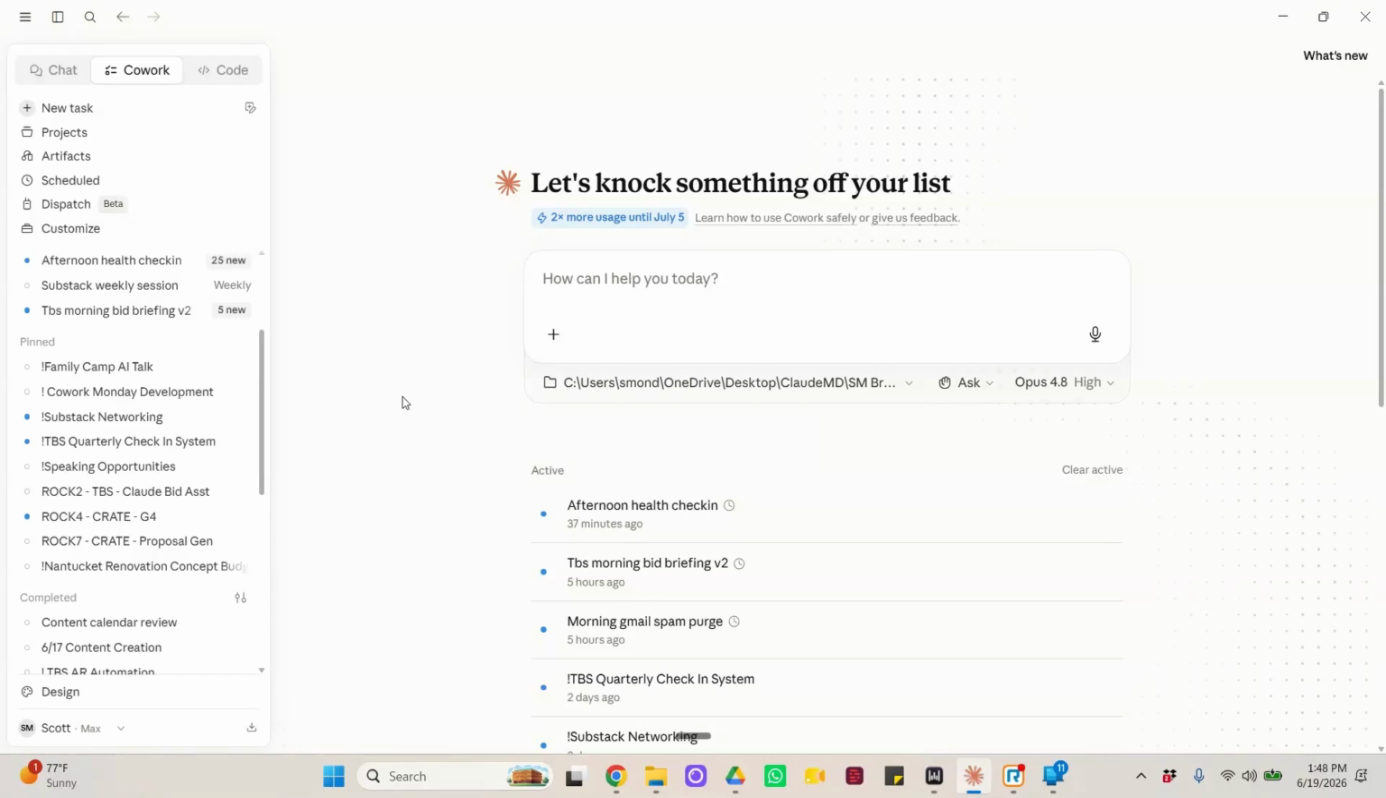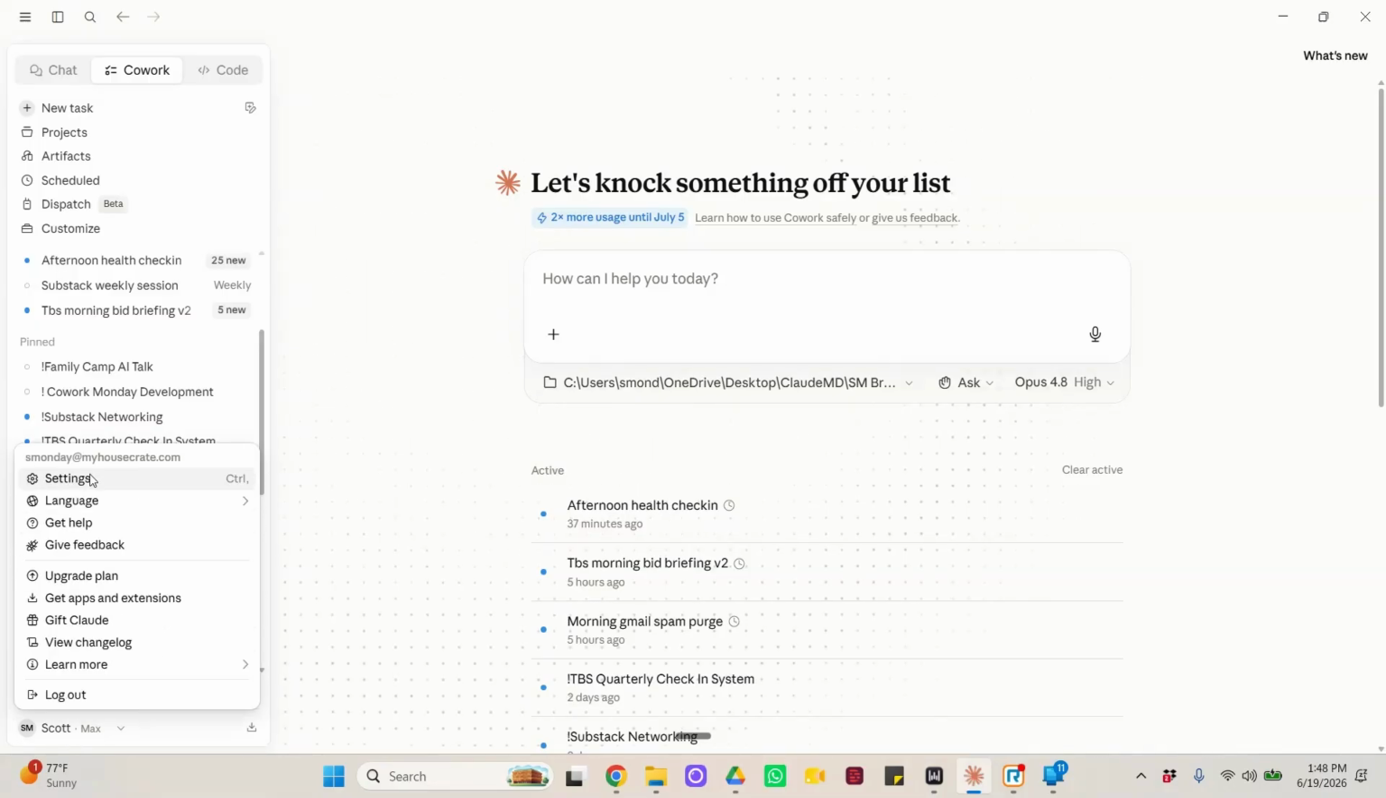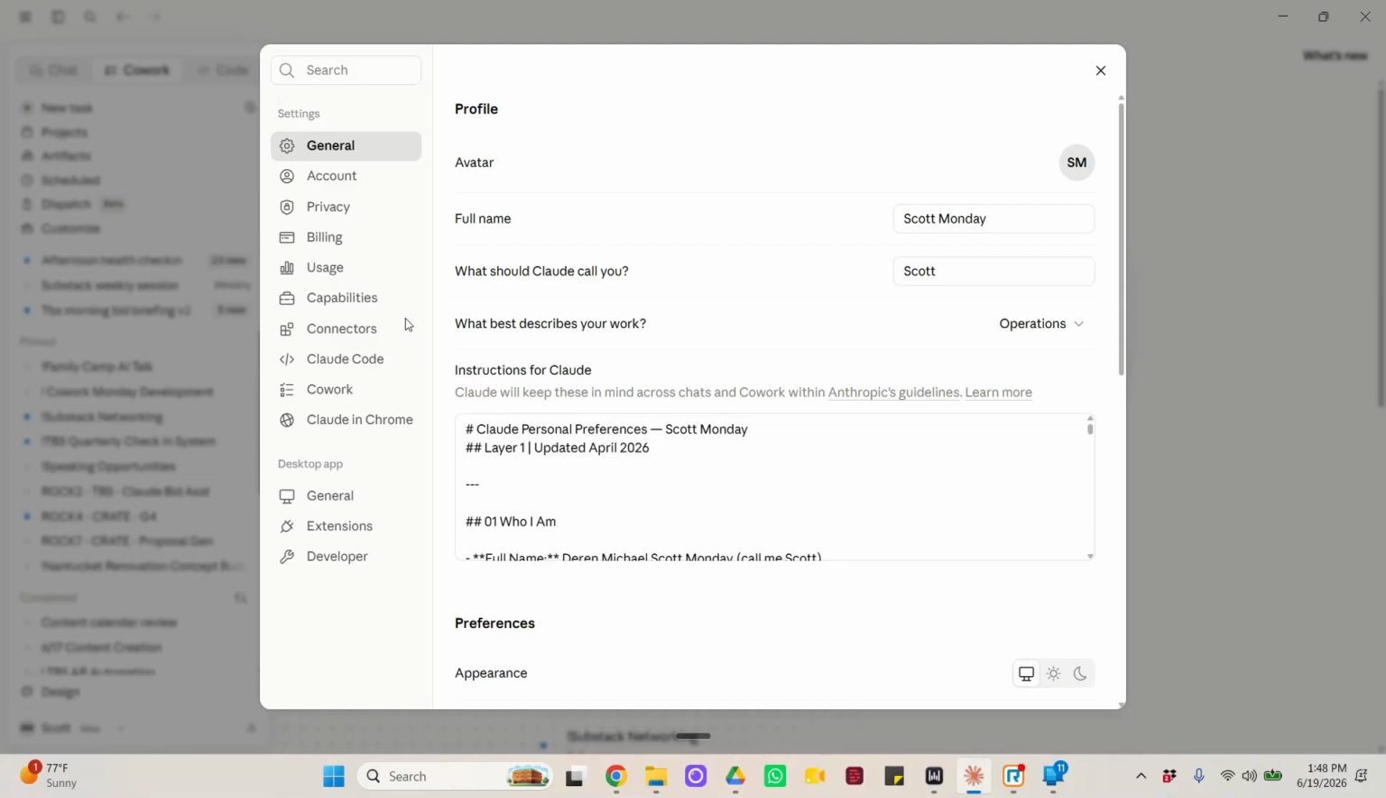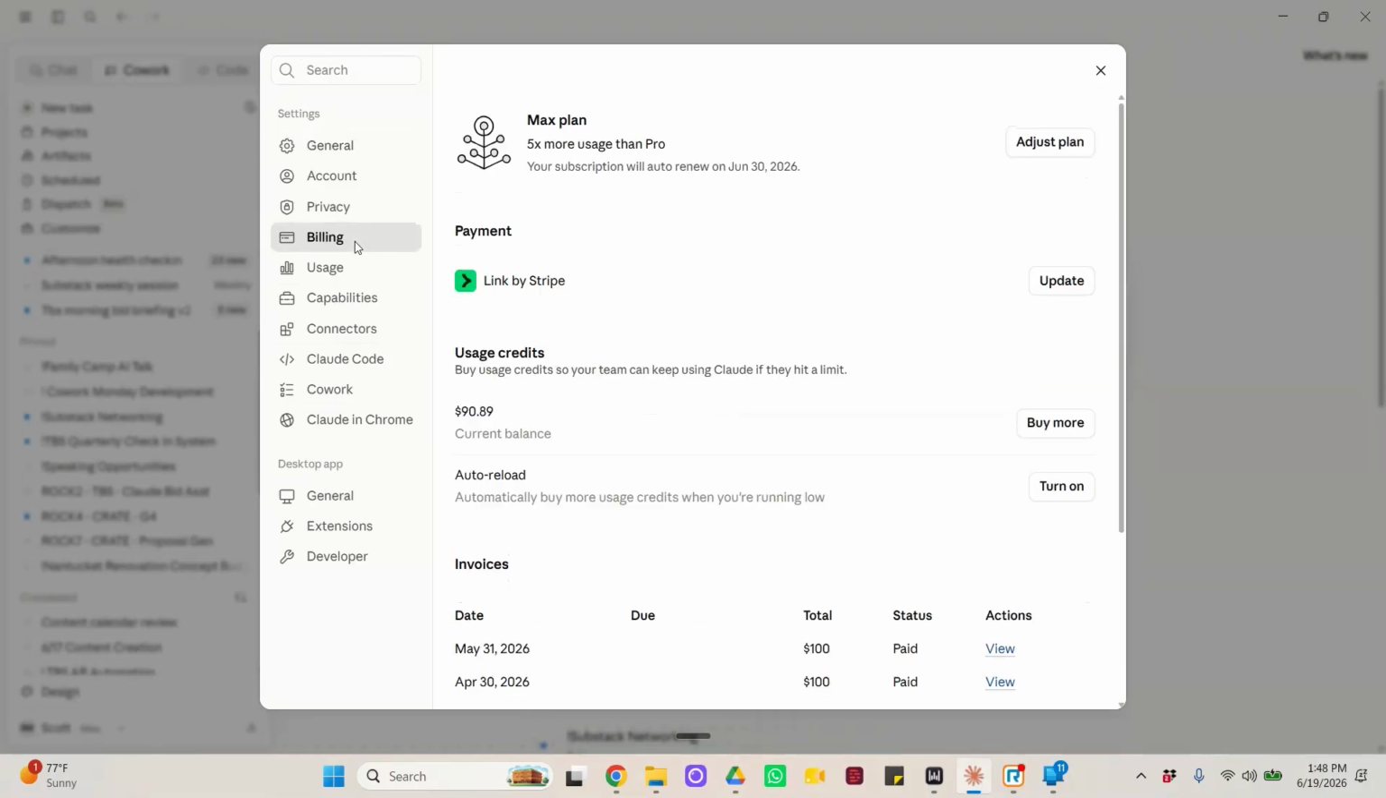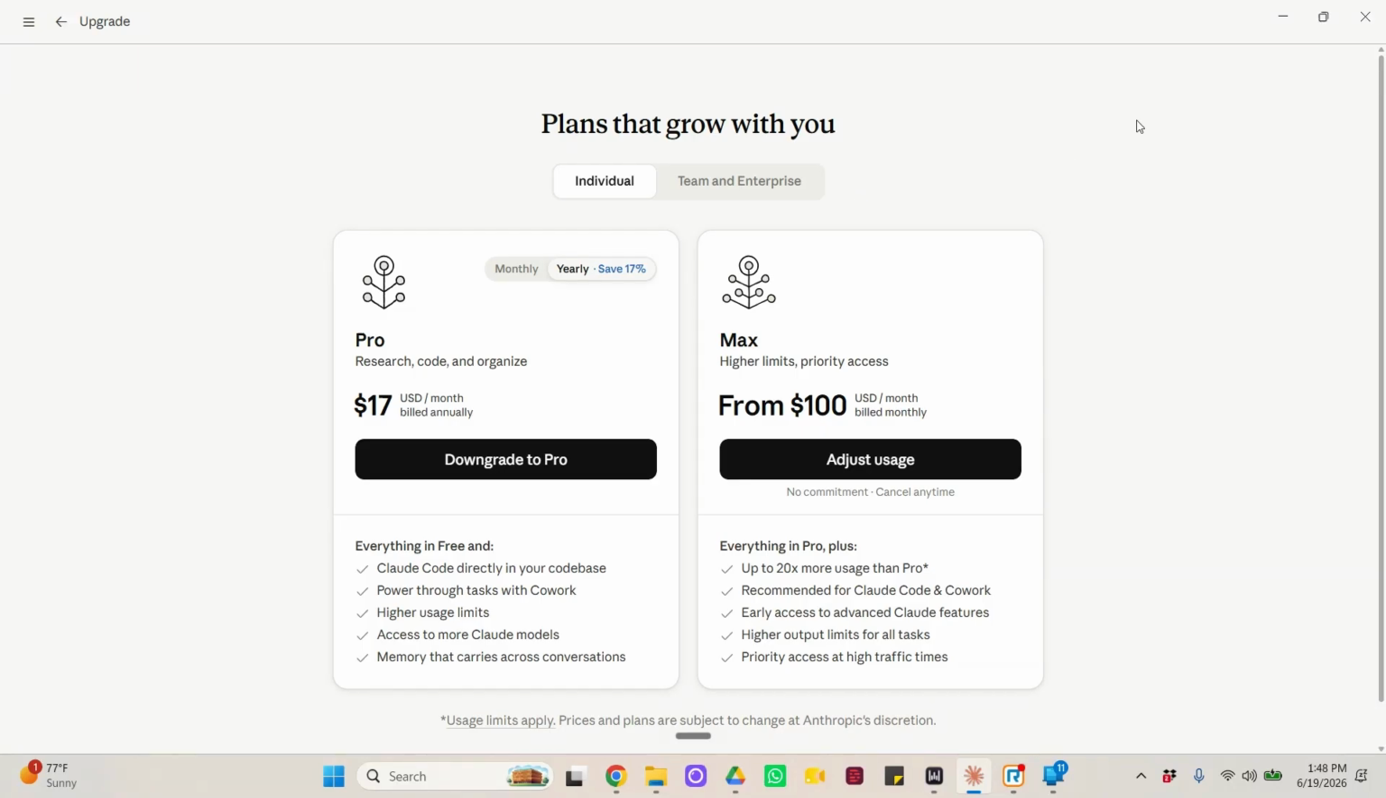So here I am within the Claude desktop application. Once again, this is required to use Claude Cowork and Claude Code. And what I want to do first is to show you the Teams and Enterprise configurations of Claude. So if you go down to the bottom left, you'll see your initials and your name. If you click on that and then click Settings, followed by Billing, followed by Adjust Plan, you will see that